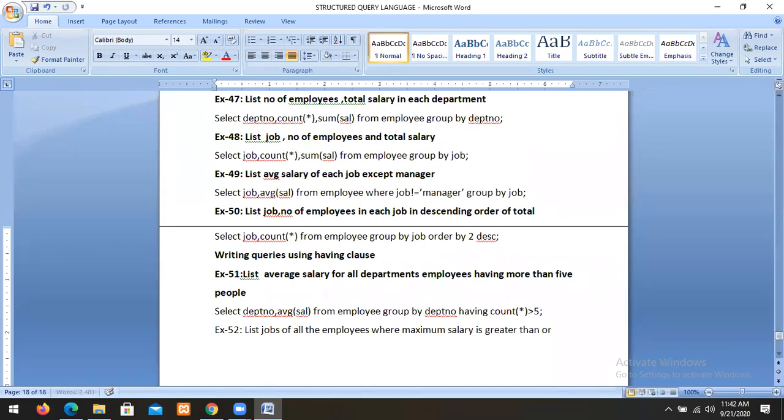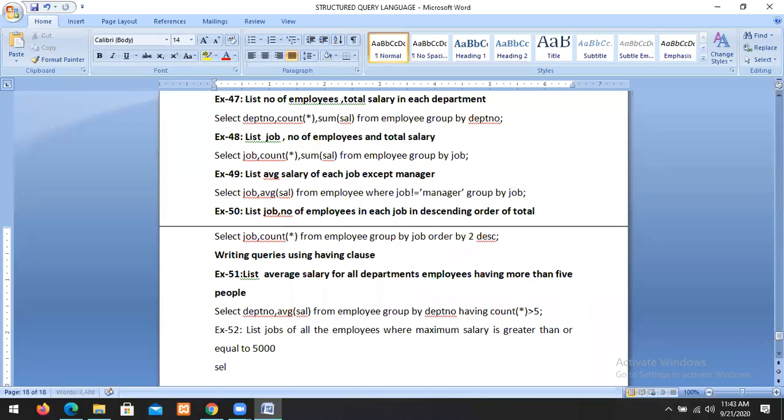I want the jobs of all the employees who have maximum salary greater than 5,000. This is my condition.